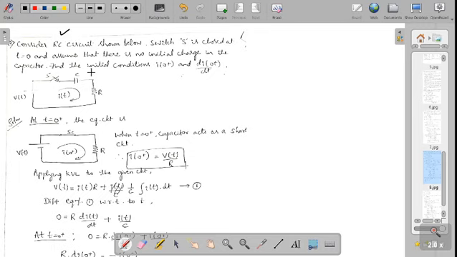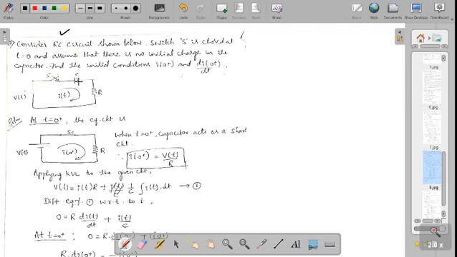So what are they given? They are given an RC circuit. Earlier you have seen how to solve an RL circuit. There was a resistor and inductor. So here you have a resistor and capacitor, and the name of the switch is S. It is closed at time t equals 0. And you need to assume that there was no initial charge. What does it indicate? The capacitor does not have any history.